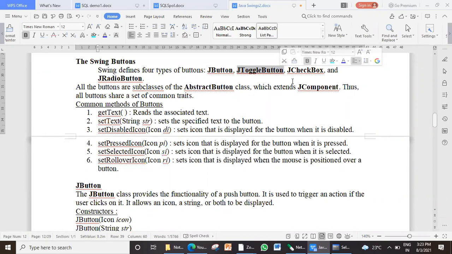So toggle button. The next is JCheckBox. As you all know, a checkbox is a small box. Once the user clicks on it, it will be checked, and next time it will be unchecked. So even this is part of the button group. And the next one is JRadioButton. A radio button, as you all know, displays a group of options among which the user can